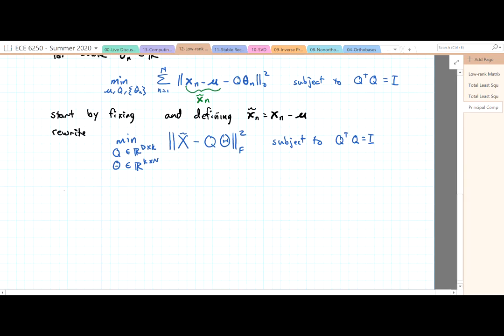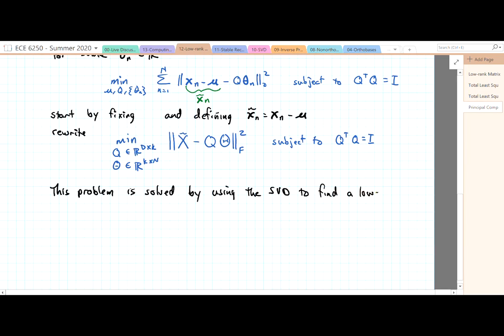And so this problem is solved by using the SVD,